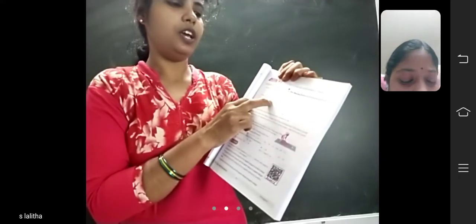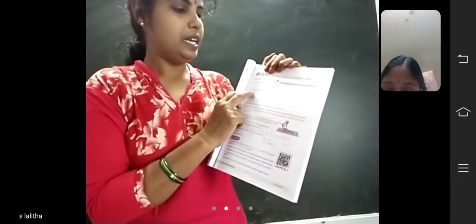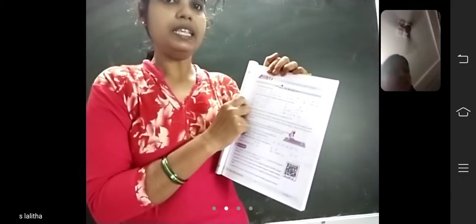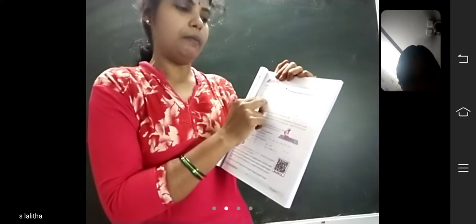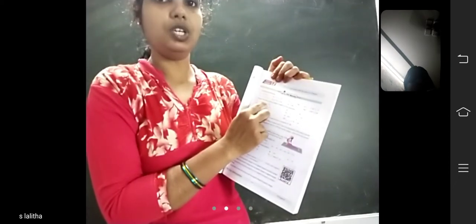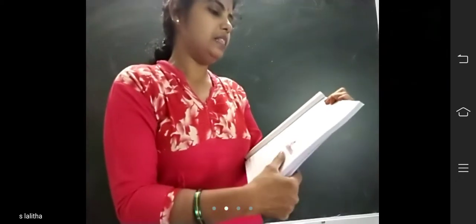See, replace the blank with an integer to make it a true statement. So you should fill in the blanks given. Minus 7 into dash equal to 21. Here the answer is 21. Here minus 7 is given. So which number should you multiply? We will get plus 21 as the answer. Minus 3. So two negative numbers will give a positive answer. So that's why minus 7 into minus 3 is how much? Plus 21. Okay. Like that you can do homework, children.